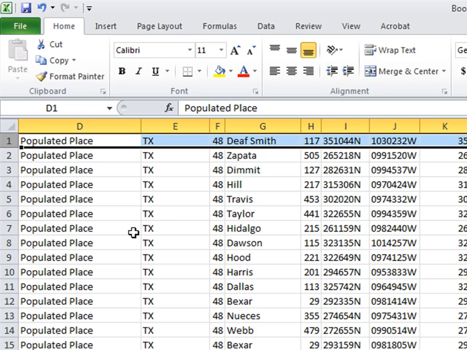Now that you know how to clean up data from a text or CSV file in Microsoft Excel, go ahead and save your work. Save it as an Excel file to your flash drive. Now we're ready to import this data